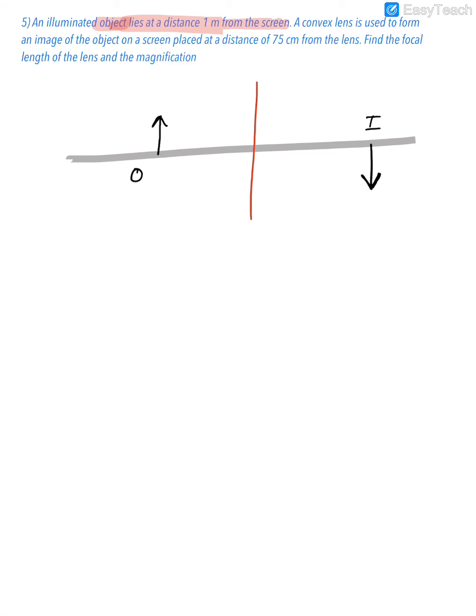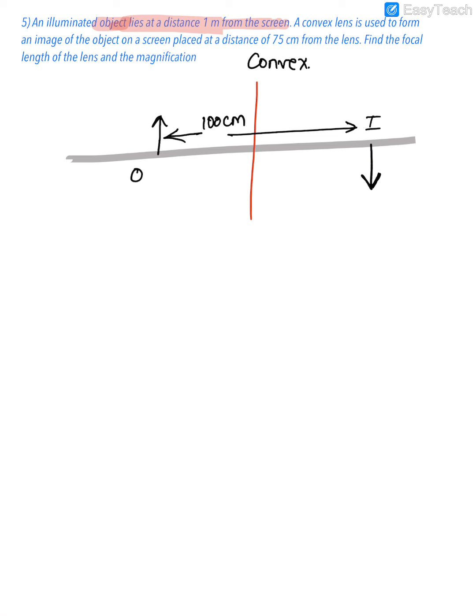See, I'll just draw a rough sketch to make you understand. Say this is your lens out here. This is the principal axis and that's your lens here. Now they are saying, if your object is placed over here, your image is formed out here, correct? And the total distance from here to here is what? 1 meter. That is what? 100 centimeter. And that's a convex lens.